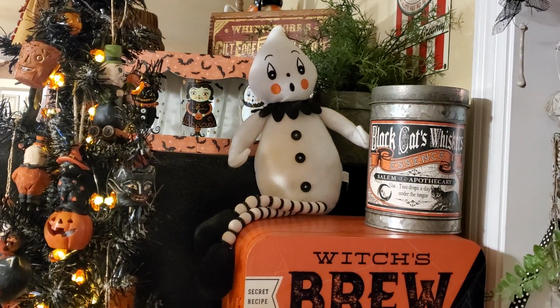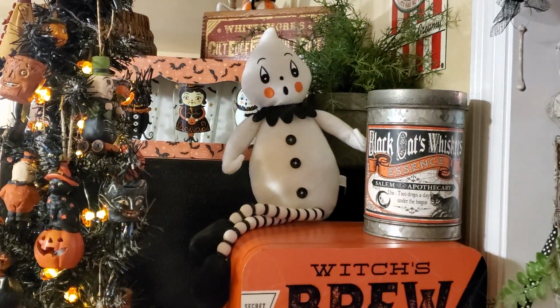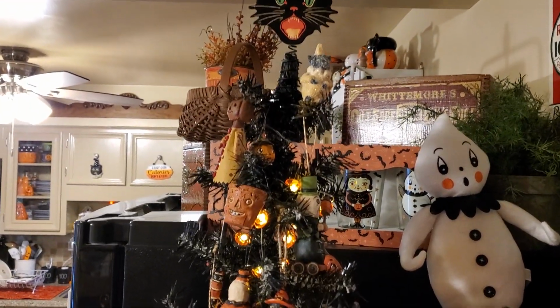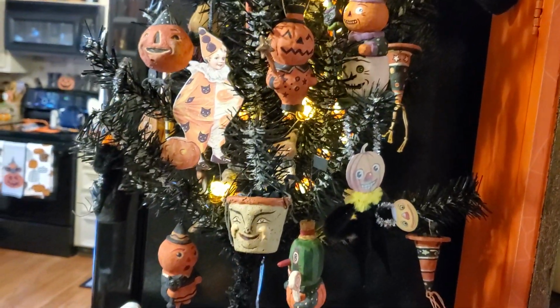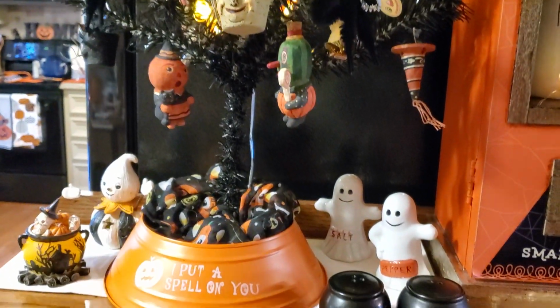And there's the sweet Johanna Parker ghost that Jules sent me. And the glasses back there that our daughter gave us years ago. And here's another wonderful tree. Some of these are Johanna Parker, and I've had them for years. Like I said, that was before I really even knew who Johanna Parker was,